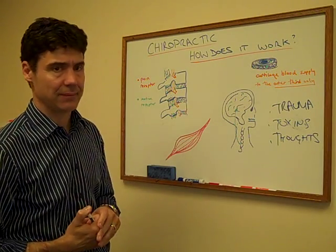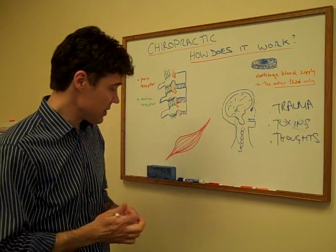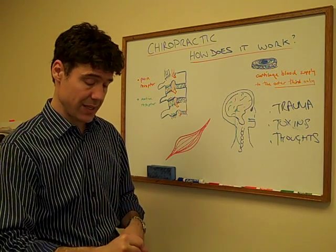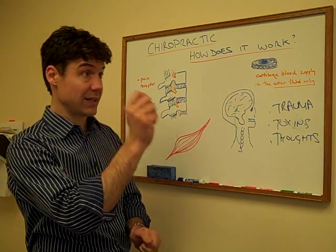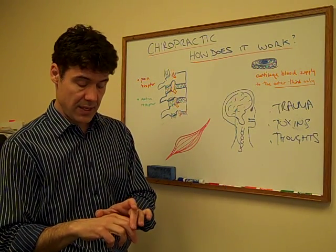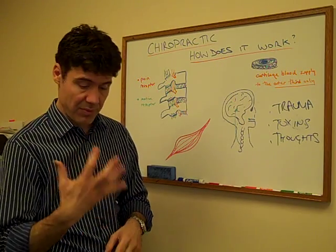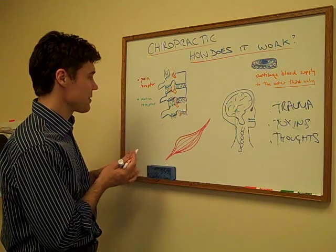That's exactly what's happening. And when we get pain, if we get a joint restriction, so back to this joint in my knuckle, if this is restricted, it doesn't move like that, it's restricted, I'm still going to try and use my hand. But at some point we're going to get enough compensation, the muscle across here, instead of going like this, is going to go like that and compensate. These other joints may get restricted also. And when it gets to a certain critical mass, my brain will get a message saying, hey, Houston, we have a problem, we need to adjust this, we need to do something. And the pain receptors through here